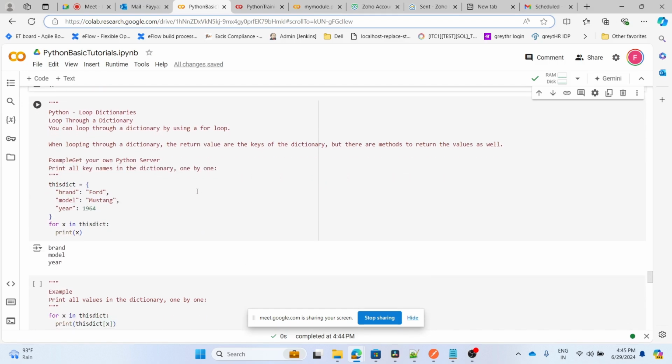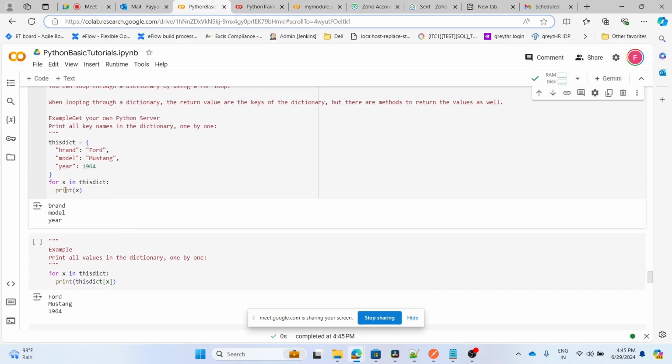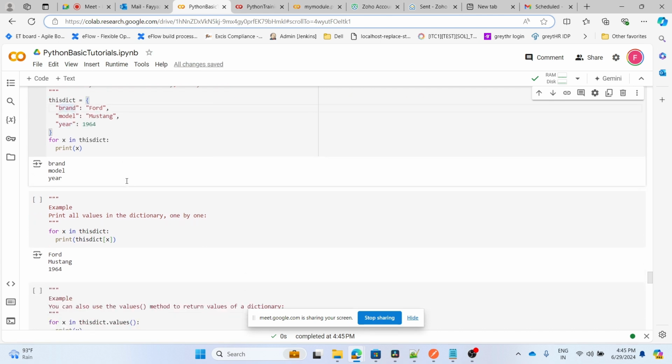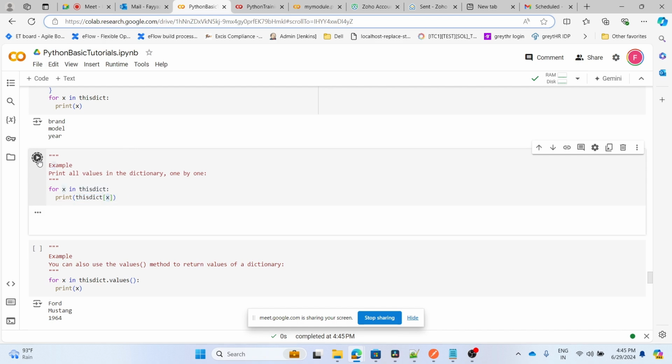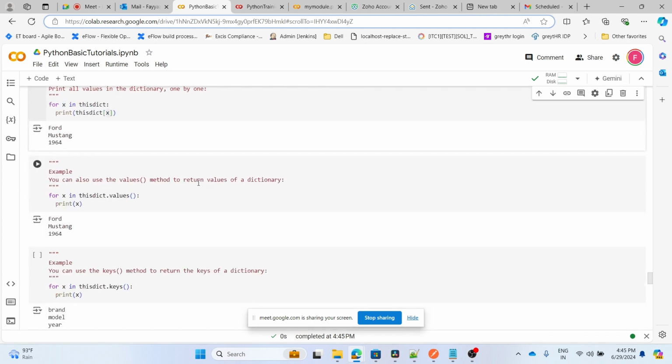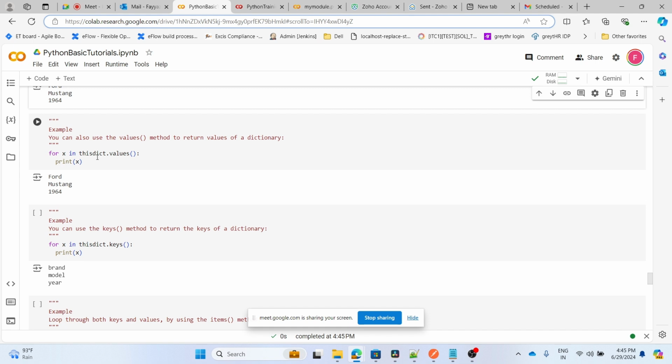Then we have loops inside the dictionaries. In a dictionary, if you are using a for loop, it is going to give you only the keys of the dictionary. Similarly, if you want to print the values, then dict of x, key of x. In this way, if you are printing it, it is going to print the values. Similarly, if you want to print the values, then what you can do is, for x in this,